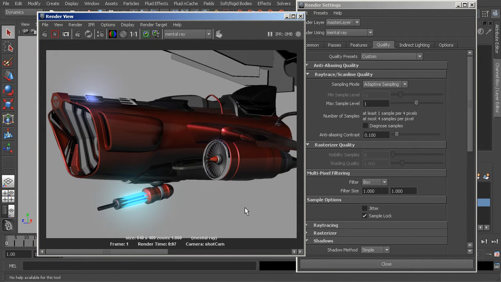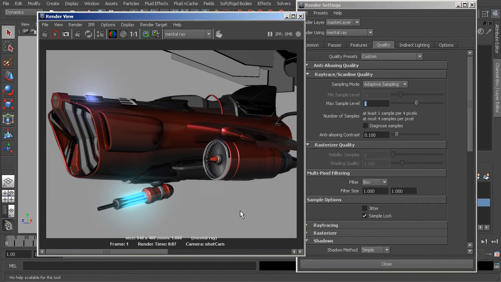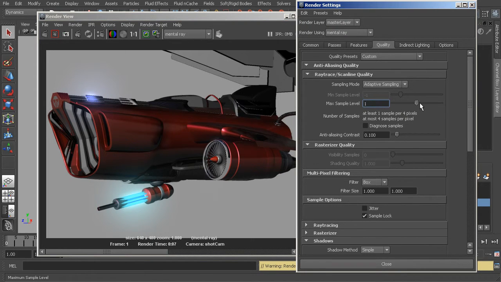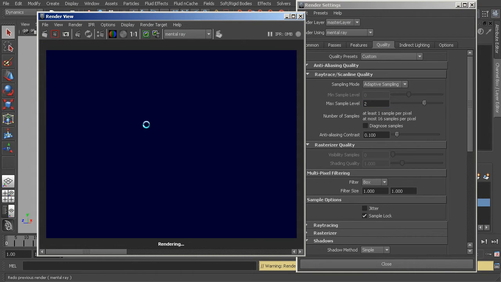The problem, though, is that as we start to increase these sampling levels higher and higher, we'll start to see a much more dramatic slowdown in our render times. For example, we've jumped from 5 seconds from this original low quality render to, with a sampling level of 1, a render time of about 7 seconds. And as we start to increase these sampling levels higher and higher, that slowdown will become more and more dramatic. So if I take this up to a sampling level of 2, again, save my image for comparison and re-render that,